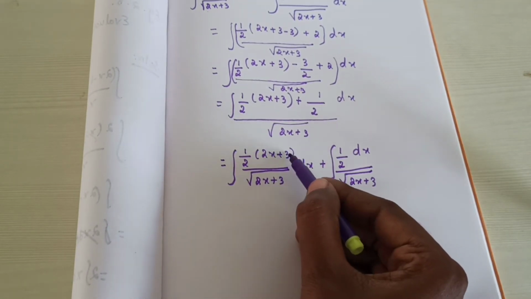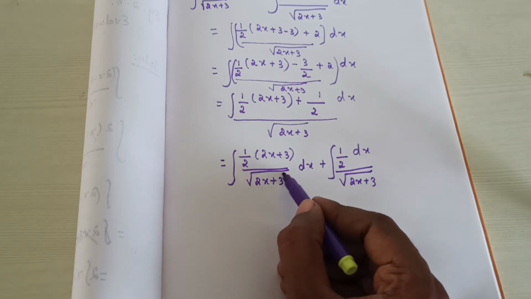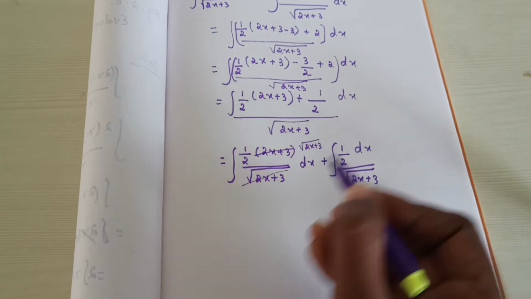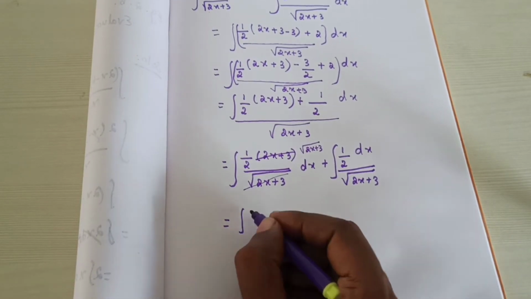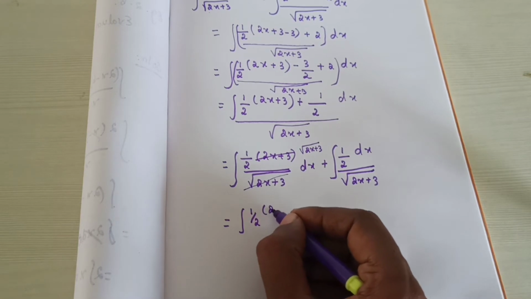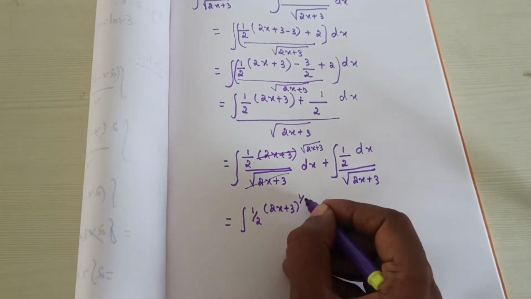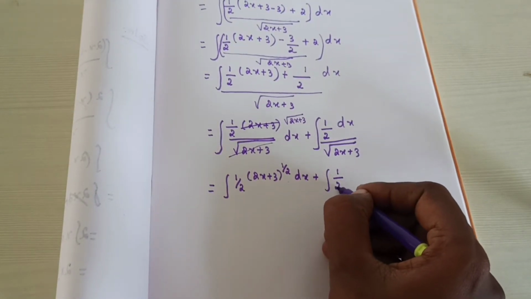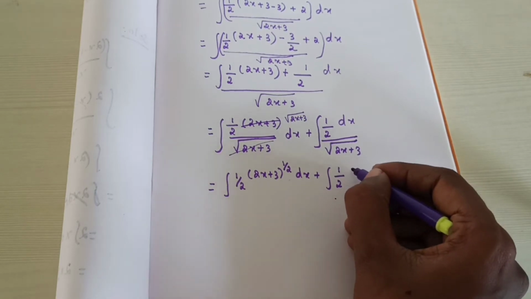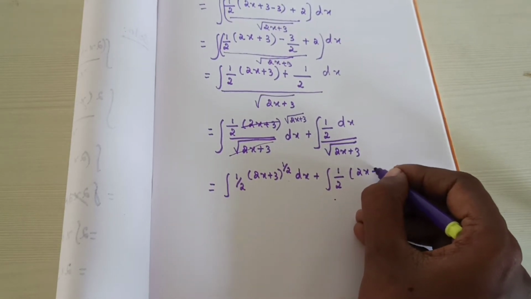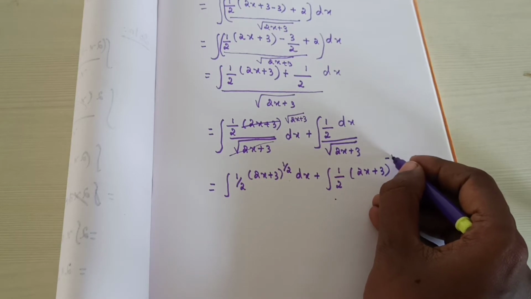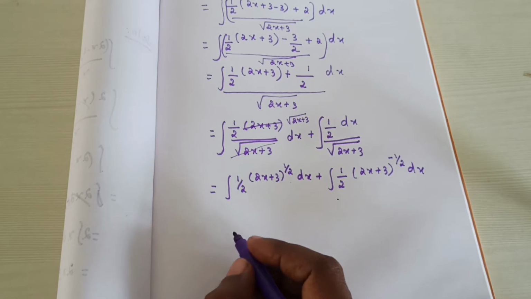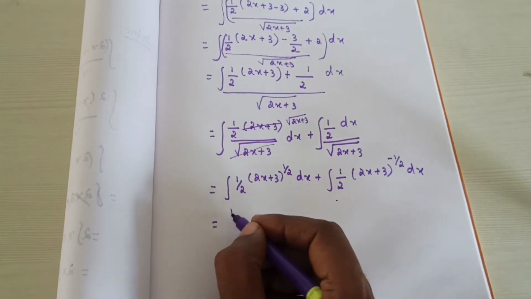Now listen here, here it is 2x plus 3, here it is square root of 2x plus 3, so you will cancel, is it right? If you cancel, what's the balance? You will get square root of 2x plus 3. So that is equal to the integral of 1 by 2 into 2x plus 3, the whole power, how will you write? 1 by 2 dx plus the integral of 1 by 2 into, how will you write this one? Bring this to the numerator. 2x plus 3, the whole power, it's in the denominator, so minus 1 by 2 dx you will get. Now both have 1 by 2 common, so 1 by 2